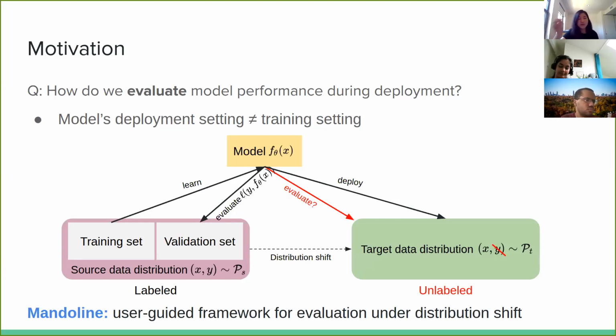We tackle this question with Mandoline, which is an importance weighting framework centered on how to harness domain knowledge and side information in correcting this distribution shift. To situate this with respect to the model development process I was talking about earlier, we would want to use this importance weighting framework to see how our model is performing on unlabeled data. And hopefully this will influence our decision if we need to retrain or change our model, and kind of